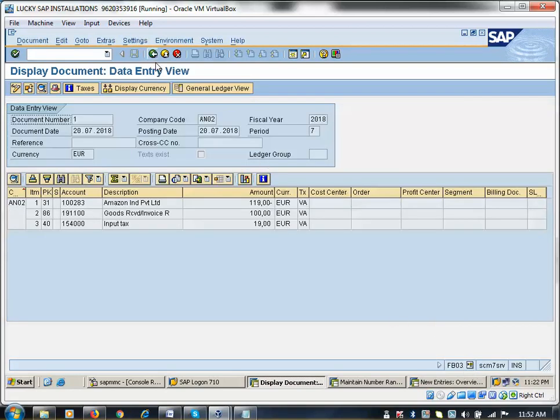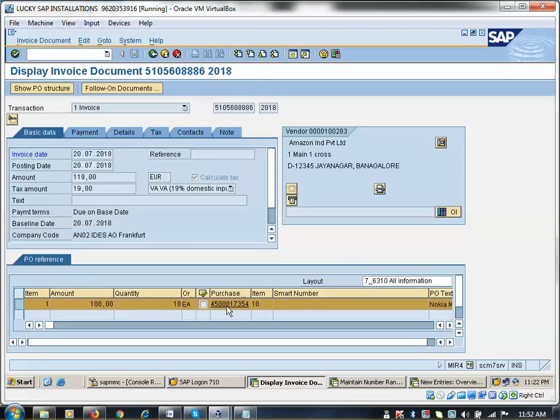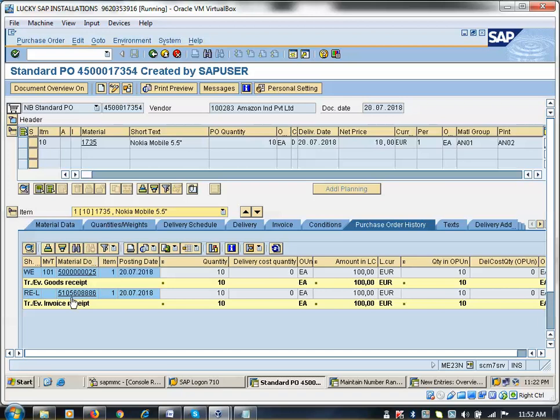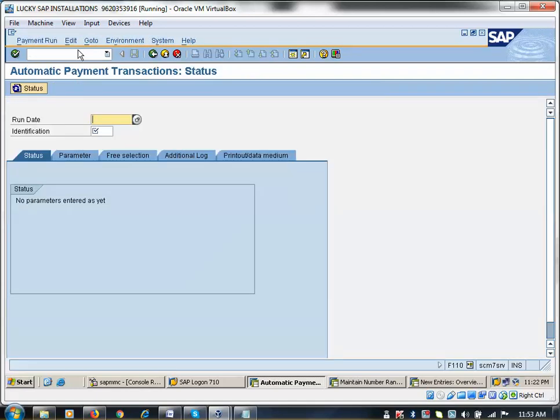Okay. So now I am coming back here. Go to next. Here I can go to the purchase order history tab of the PO. See, now this is updated. So now the finance department can make the payment with reference to the FB03 document which is created. If the FB03 document is not created, our finance team cannot make the payment. So this is one P2P cycle for our own enterprise structure. Okay, so that's all. Any doubt here?